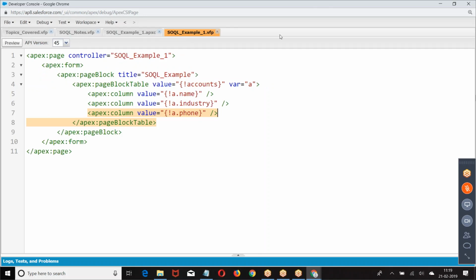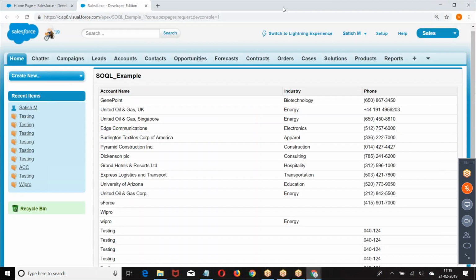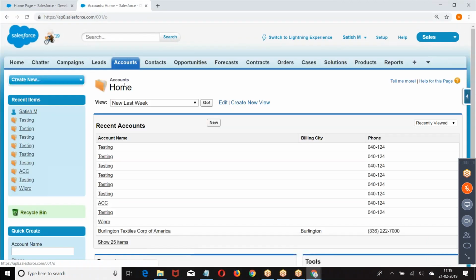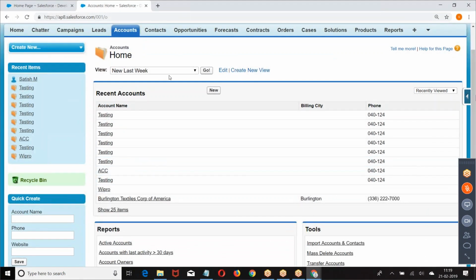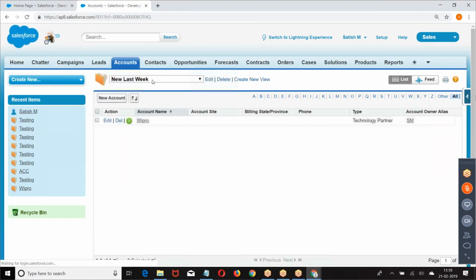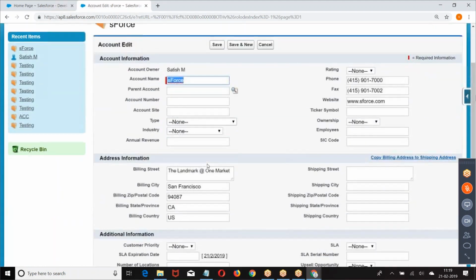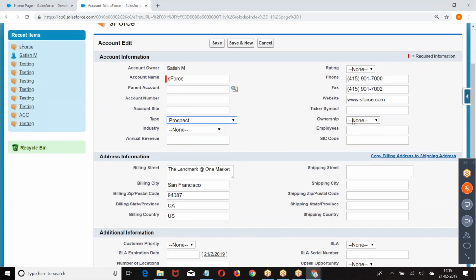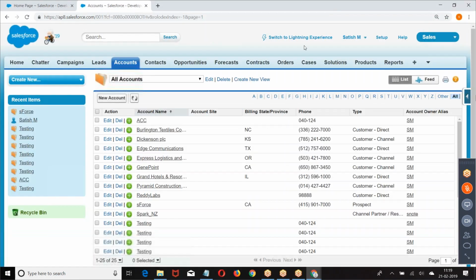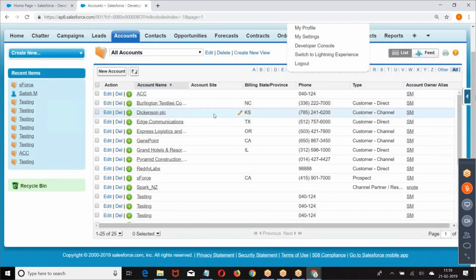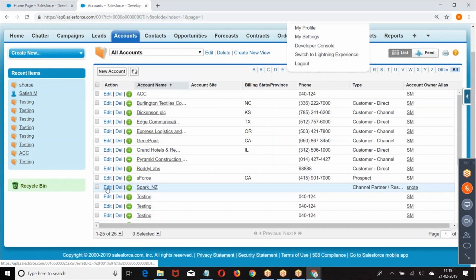Okay. Now write an Apex class which will fetch the list of contacts. Write an Apex class which will fetch all the list of account records. Sorry, list of contact records.